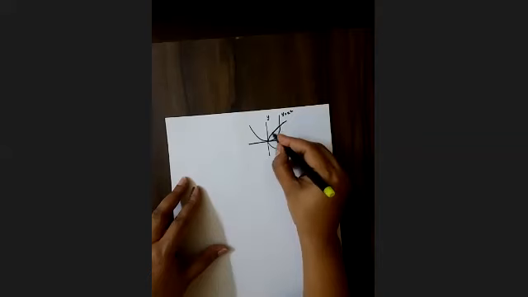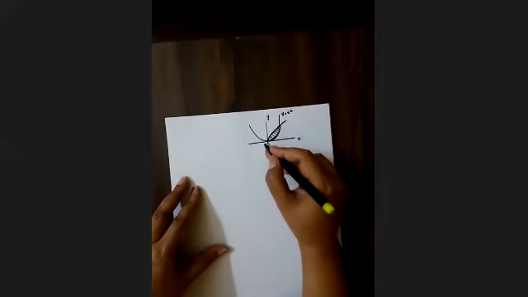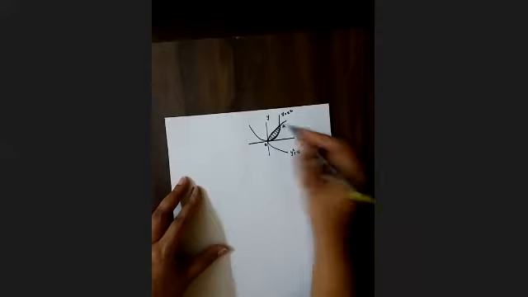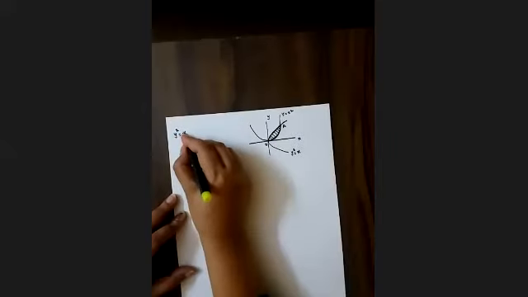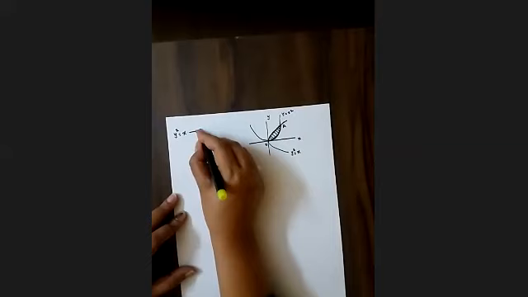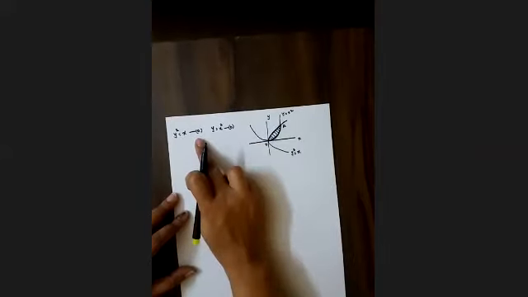So this is your region of integration here. I am taking this intersection region, with intersection points O and A. How to find the intersection points? The given curves are y square is equal to x, equation A, and y is equal to x square, equation B. Substitute one equation value into another equation.